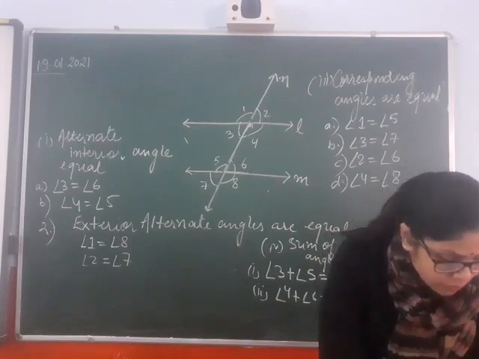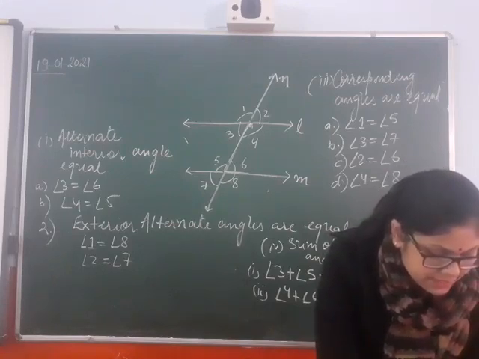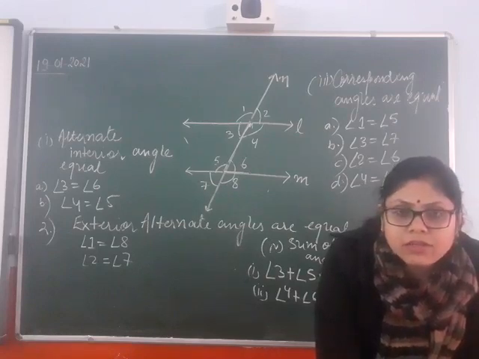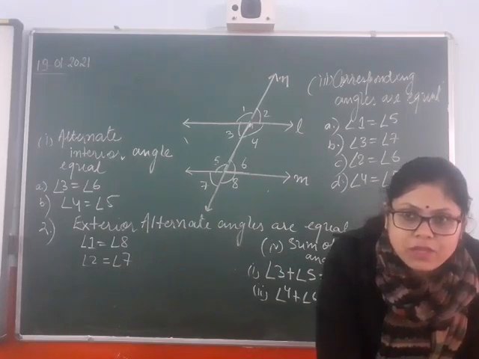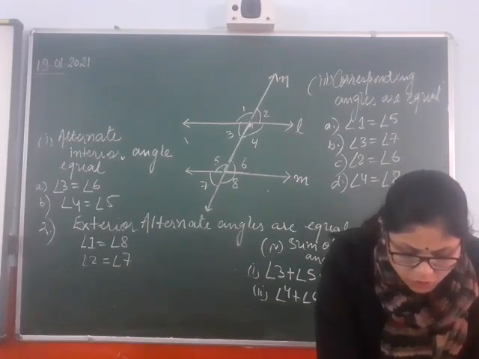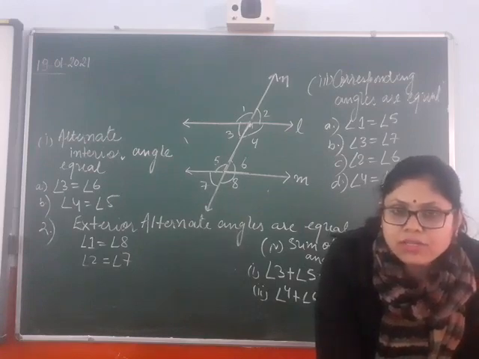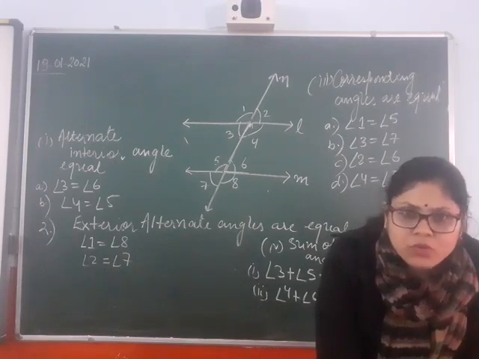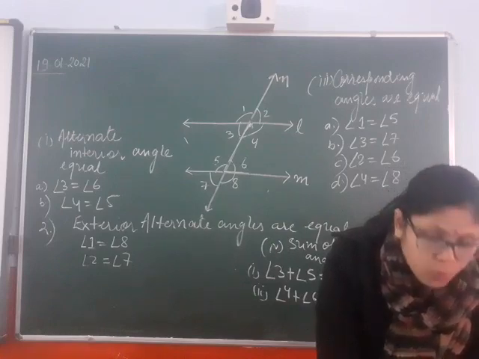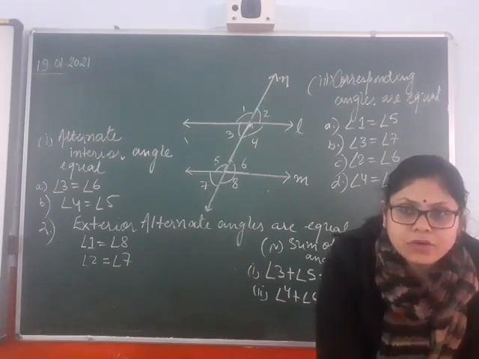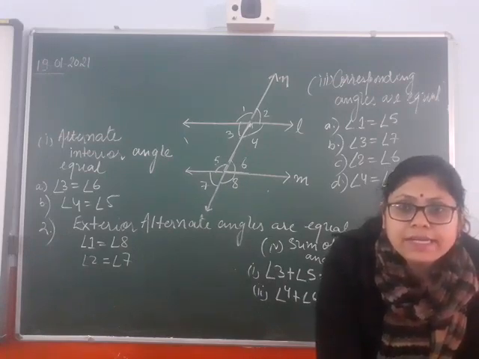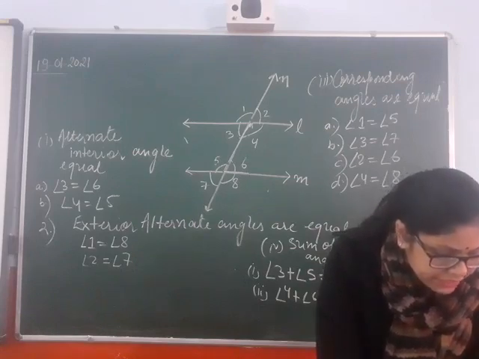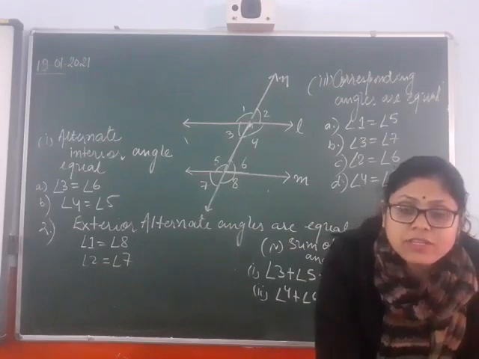Okay, second one, in the given figure AB is parallel to CD. Two lines are given, they are parallel to each other, and EF is a transversal. EF is a transversal line which will cut AB and CD at a point. The point is not mentioned. You can write by yourself O and O dash, whatever you want. Now one angle is given, that measurement or magnitude is equal to 110 degrees. Find each one of the unknown angles marked in the figure and give reasons. Giving reasons is very important.